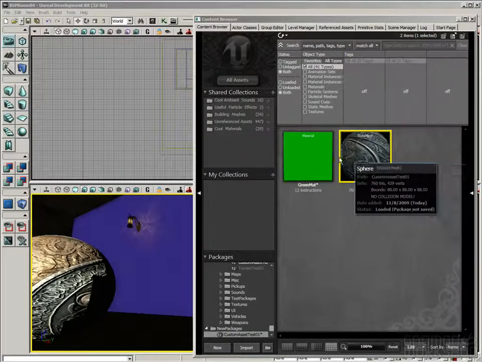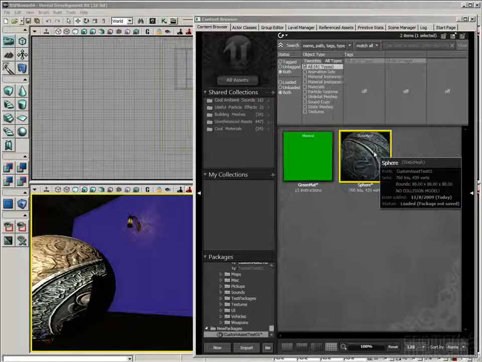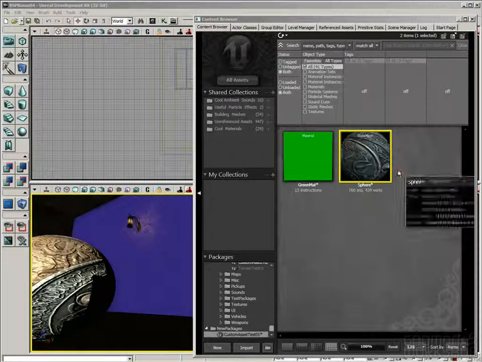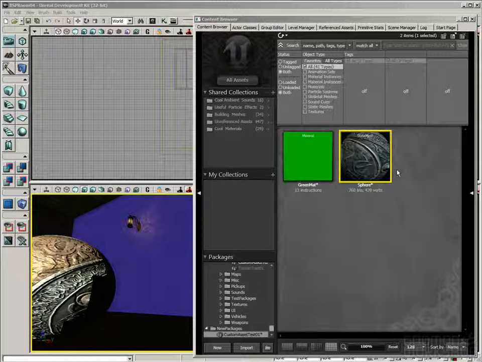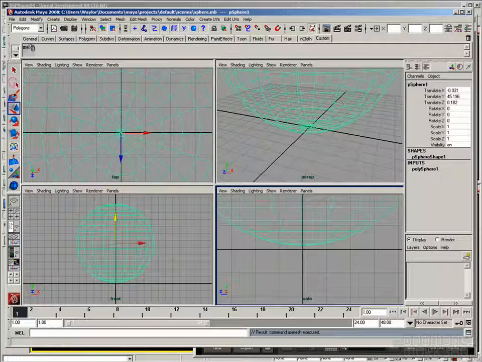For a lot of meshes, those auto collision generation tools work just fine. But in some cases, you'll need to model the collision by hand. Say if you've got a doorway or something that's an arch shape, you're not going to be able to auto-generate collision for that. So let's look at how to do that. If I go back to Maya,